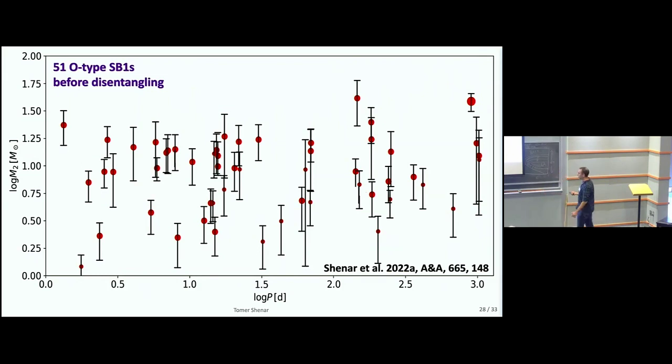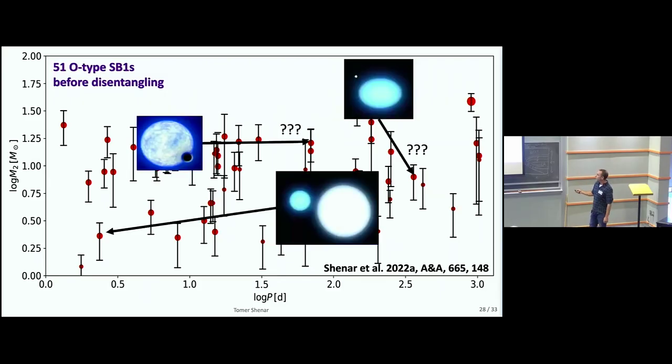So to show you a very quick example, which was already mentioned by Kunal, this is a study where we implemented this technique successfully in the Tarantula Nebula. This is a sample of 51 single-line spectroscopic binaries. Here you see the orbital periods. Here you see the companion masses. How do we know the companion masses if we don't see them? Orbital dynamics, right? We have the Newtonian dynamics and we have estimates for the masses of the donors. We don't know which ones are the black holes here. It could be this one, could be that one, could be this one.